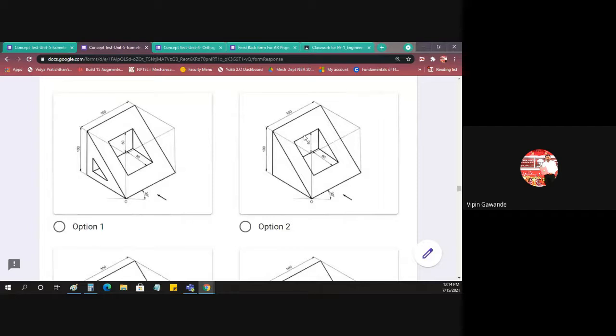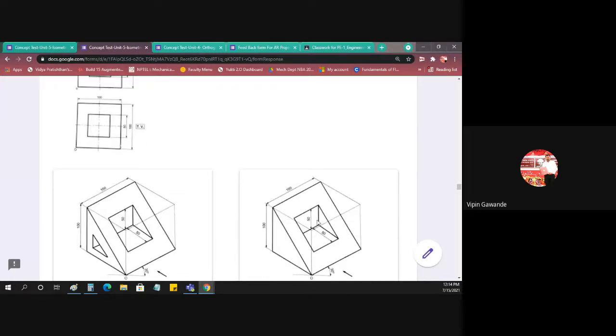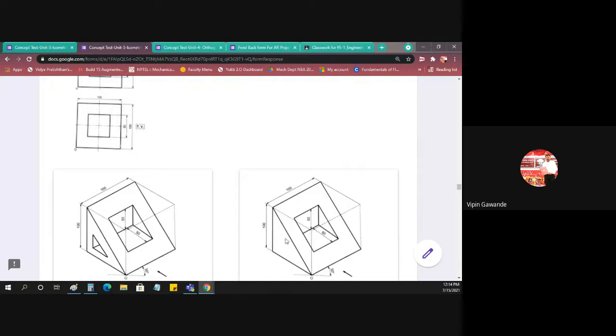Now go for option number 2. Now here we have this inclined square. You make it straight, so you will get one square here. So that is correct. Then in the middle, we have again an inclined square. You have to rotate it. You will get this second square. So that is also correct. And on the back side, we don't have any cutout. That means there are no dotted lines for any cutout.